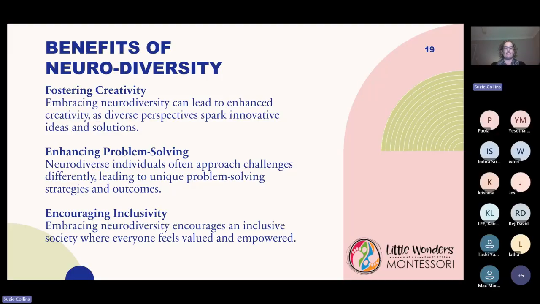Neurodiverse individuals often approach challenges differently, which is really unique, and we need to be able to consider different ways of problem solving different situations so we get different outcomes. We also want to be inclusive of everyone, and if we can include everybody in our society so that they feel valued and empowered, what an amazing world we would live in.